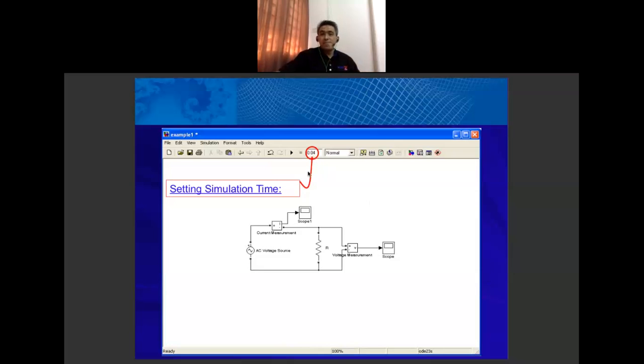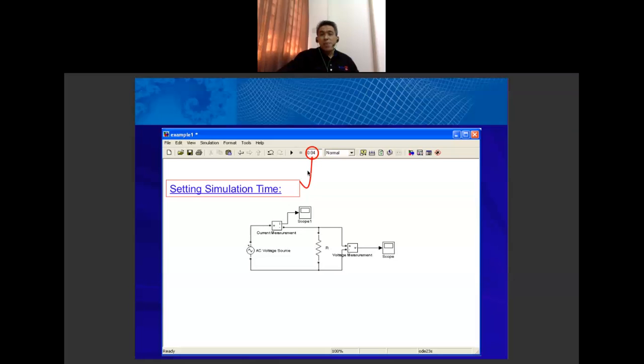So how to set the simulation time? For example, we want to simulate this circuit for 2 cycles. We have set the frequency at the AC voltage source to 50 Hz, which means 1 cycle equals 0.02 second.